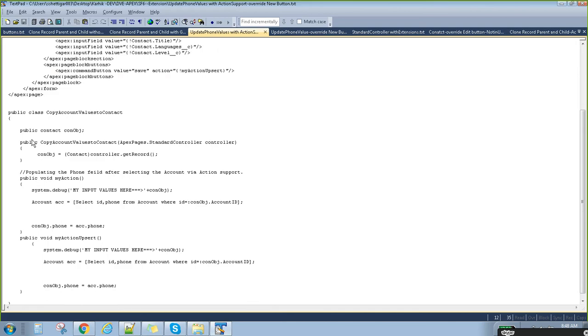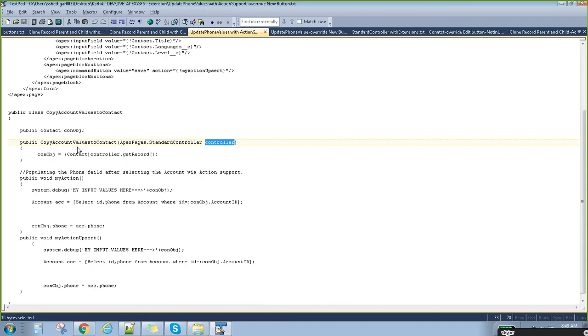Okay, so the controller will be something like this. Whenever you are using a class as an extension class, make sure we implement this particular constructor. These both look similar, right? It will take the ApexPages.StandardController parameter. Why is this required?